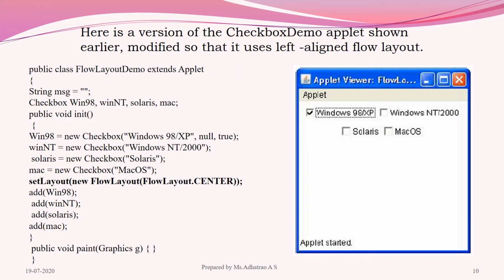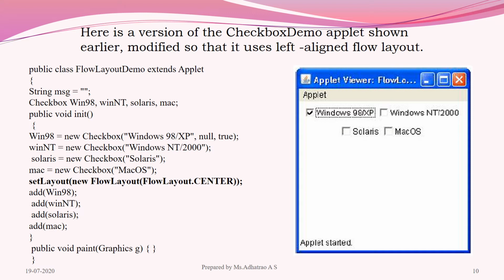There is the method setLayout(new FlowLayout(FlowLayout.CENTER)), which means I am going to set the layout of type flow layout by passing the alignment as center, and after setting the flow layout I am going to add the components.